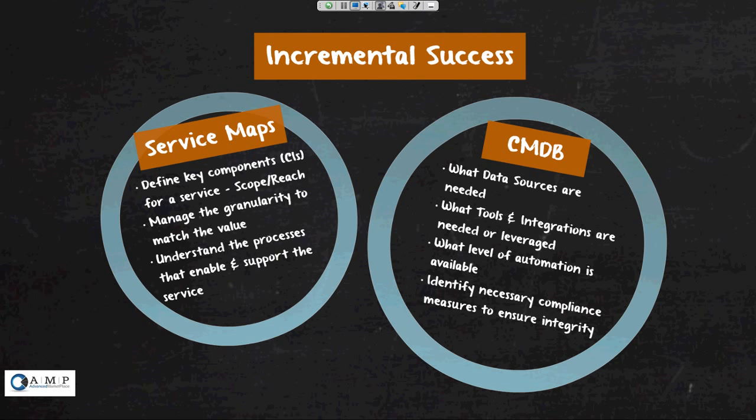And what happens over time, you take this map and you define your scope and your reach, and you manage your granularity, and you have the beginnings of a very simple CMDB, which tells you the data sources needed, tells you what tools or integrations may be needed to make that happen, right? What level of automation may or may not happen. You've got to keep governance in mind, so there's always going to be some compliance component to that. But it's manageable because we're doing it for a specific service map. We're not trying to do this for the entire organization. So